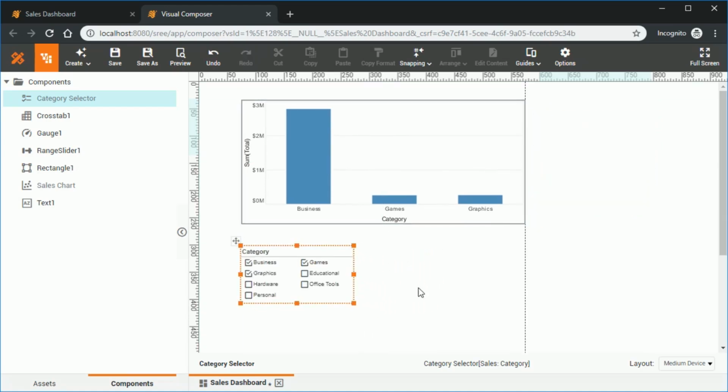By creating this dashboard layout for medium devices, we can ensure that when a device matching this device class, that is a device that has a width that falls in this device class range, is used to view the dashboard, it will be displayed as we have laid it out here, with only the chart and the selection list. It will be a fully functional dashboard, but will omit all of those other components that we had in the